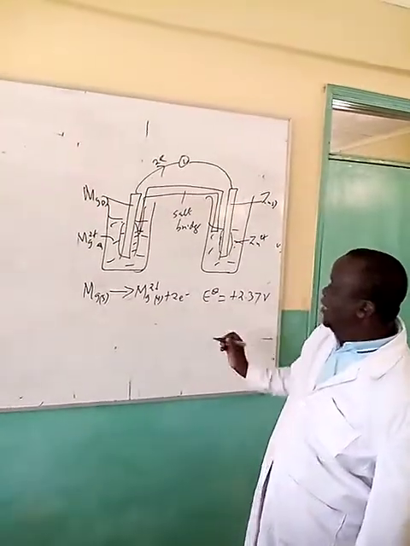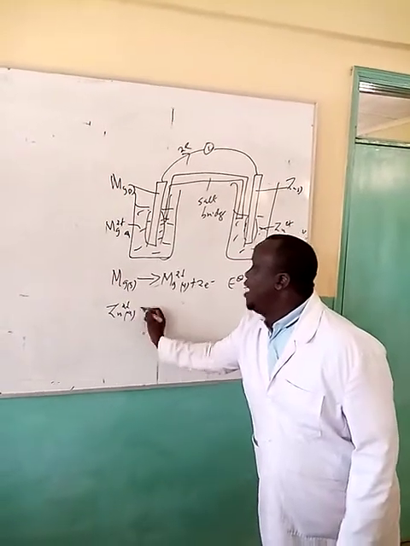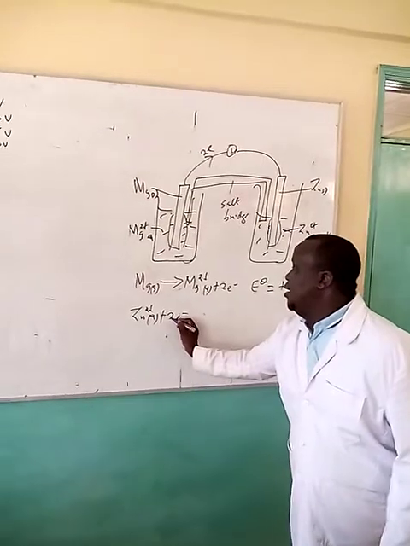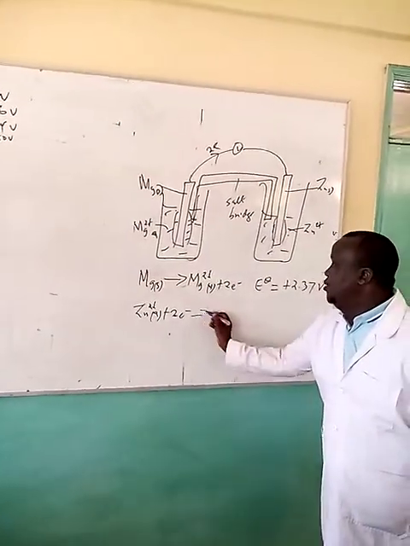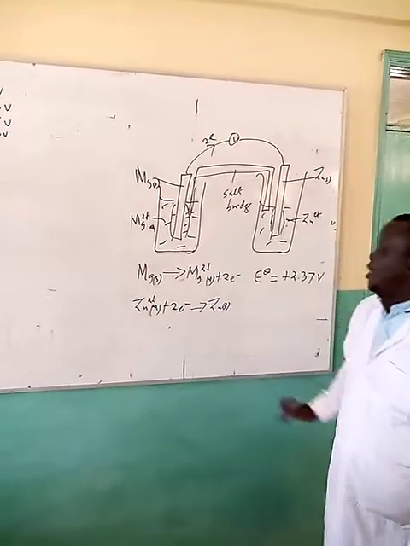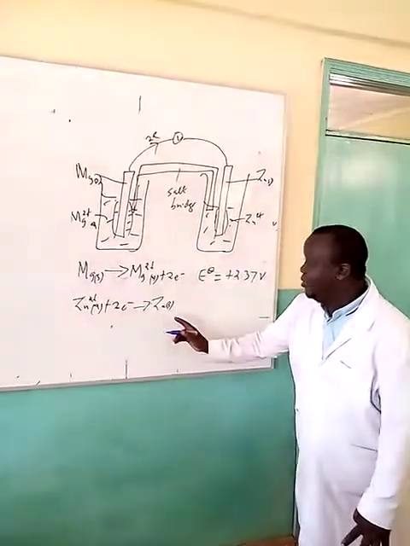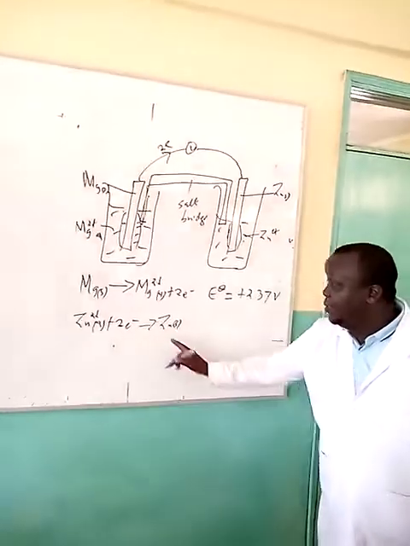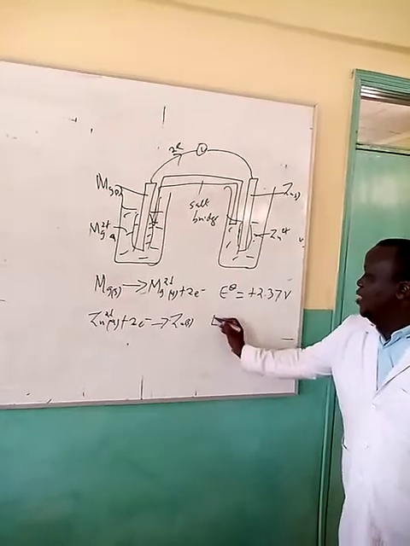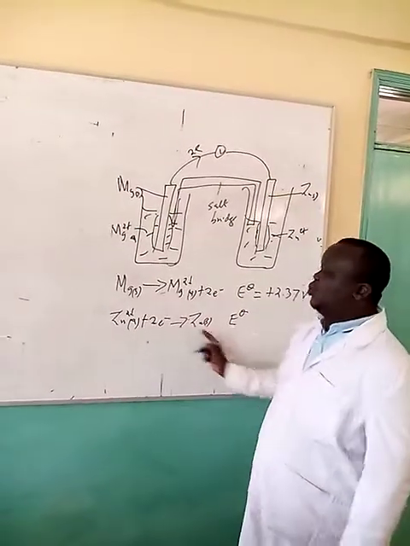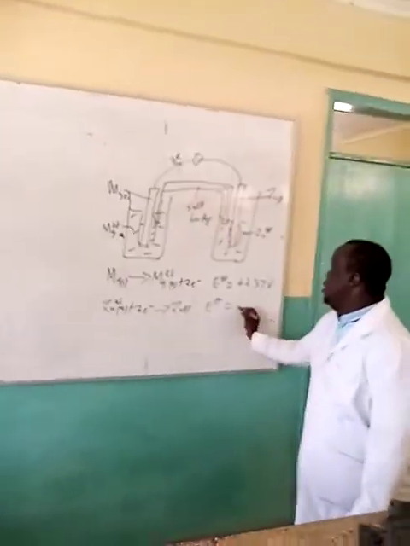In this particular half cell, we have zinc ions in aqueous solution accepting the electrons that are lost by the magnesium half cell to form zinc solid. Please, when you're writing, take care of symbols and write them properly: capital Z with small n. The value here, because this is a reduction potential similar to what we are given in the table, we write it the way it is. The value here is negative 0.76 volts.